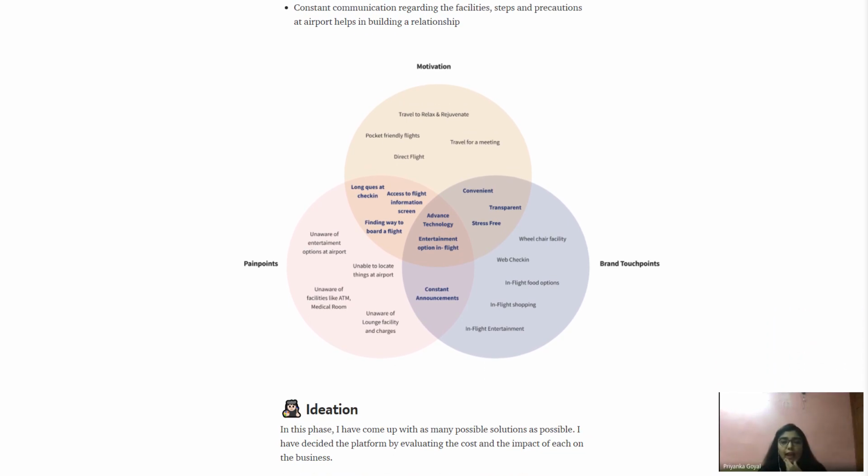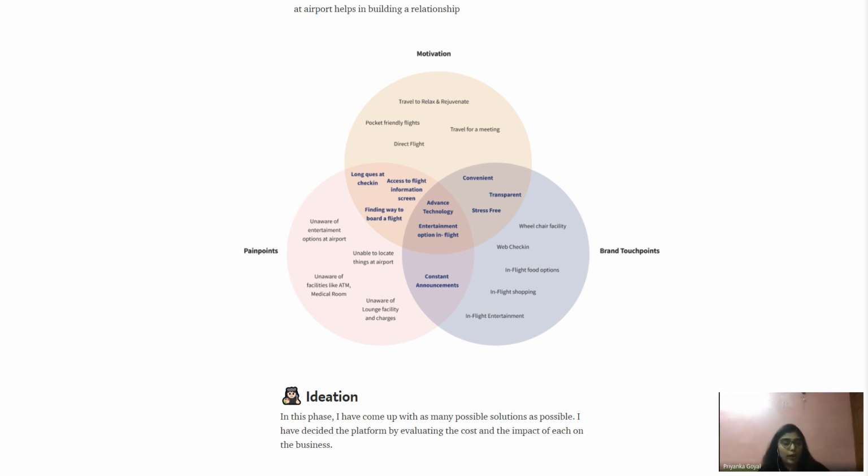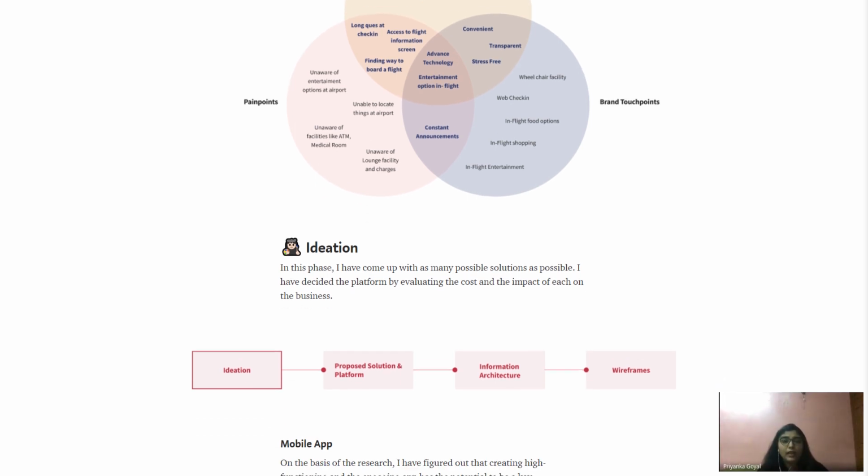So if you highlight something in an infographic, your interviewer can relate to it. Like, you have highlighted long queues at check-in. These are the opportunities where your product can fit in. Your product can solve these problems. So they should understand that you have understood the problem well, you have understood your user persona well, and now you have understood the opportunities your business has. As a designer, it is very important for you to make your design measurable. And for making it measurable, you should know how to find the opportunities while doing research or while doing a user interview.